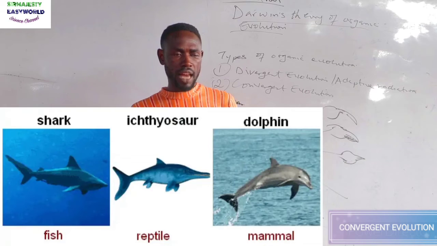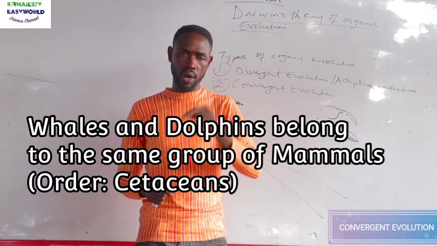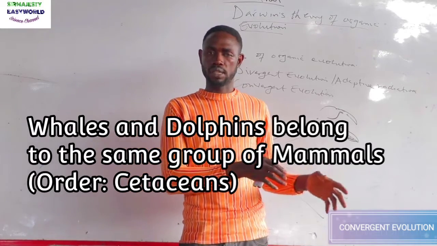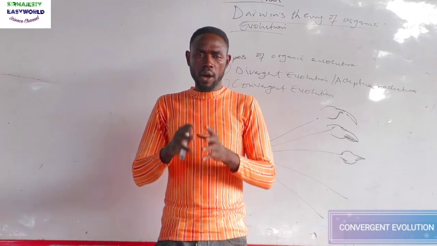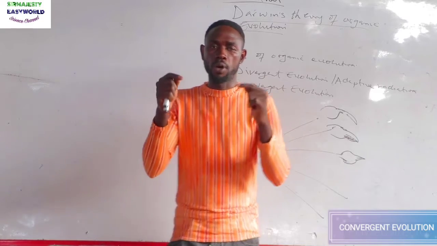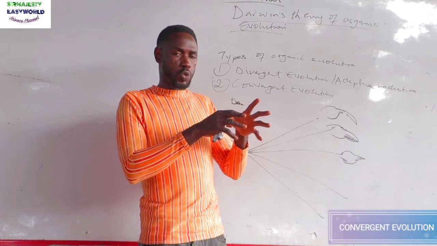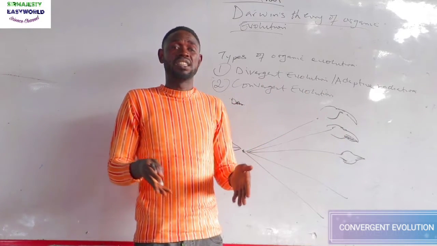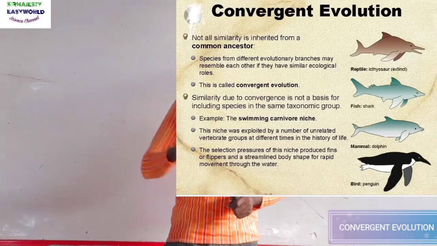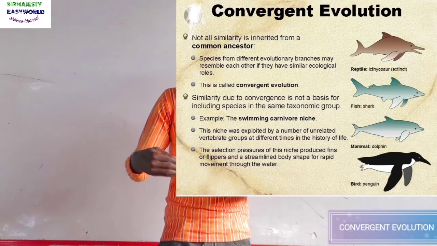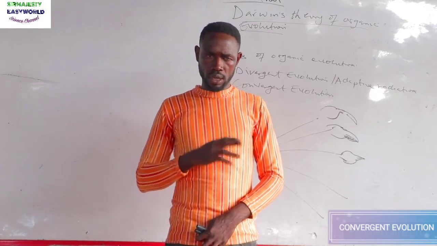Take note. Streamlined body of whale and streamlined body of fish. Remember, children think that whale belongs to fish, but whales are mammals, but they have a streamlined body just like fish. So why would they have similar superficial structures? Because of common environments. Listen, when I made mention of divergent, I said they have superficially different structures, but they come from the same ancestor to occupy different environments. But in convergent evolution, species that have different ancestors have similar superficial structure because they share a common environment. Do you get the message here?